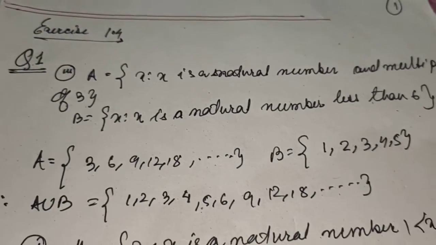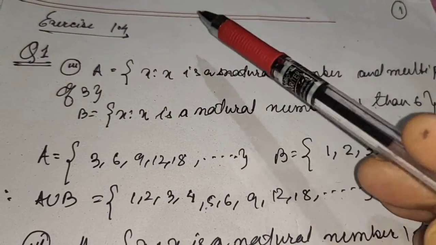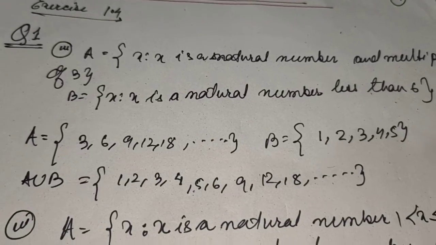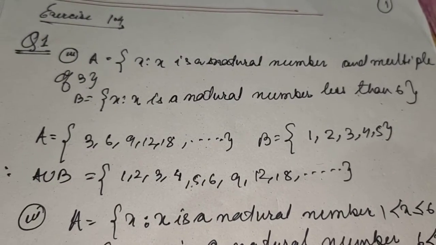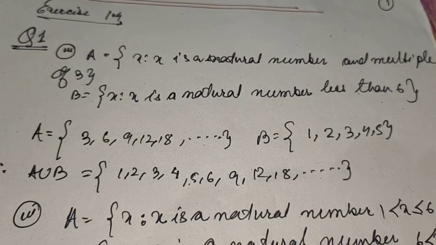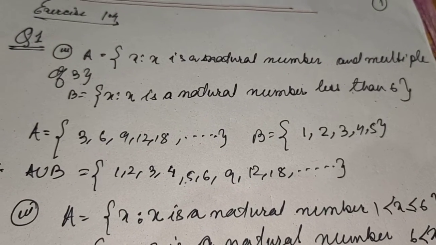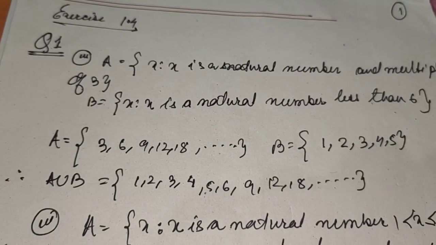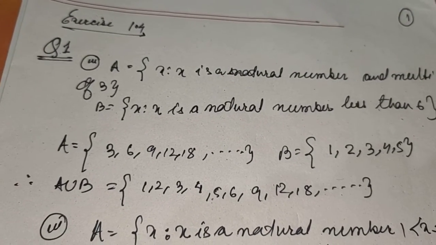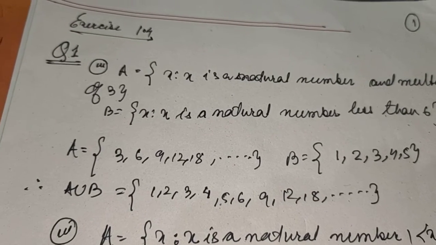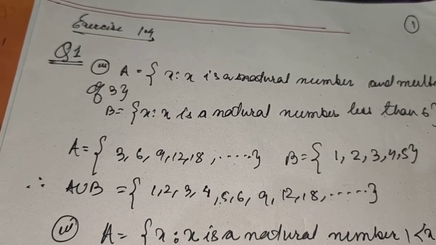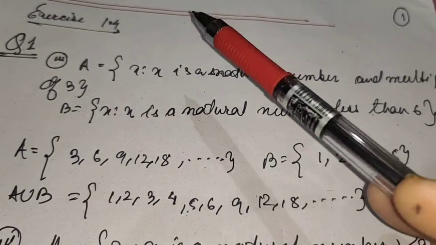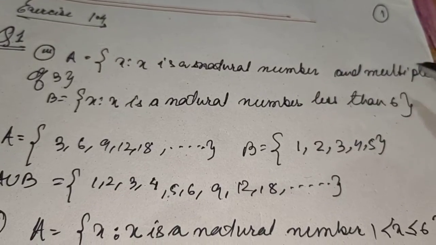Today we will discuss questions from exercise 1.4, which are very important, and I'll touch some of the questions because 1.4 has a huge number of exercise questions. If any student practices as I am going to show, it will be helpful for them to solve probability theory, and in the same class, that means the last chapter is probability theory, and then again for class 12 probability theory. Now here the first question is A such that x is a natural number and a multiple of 3.